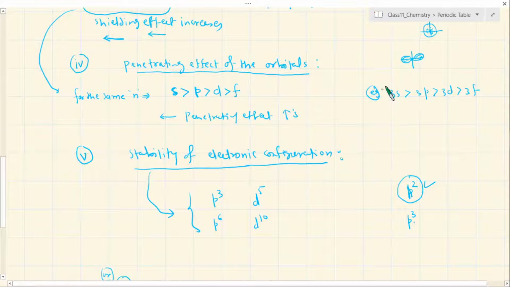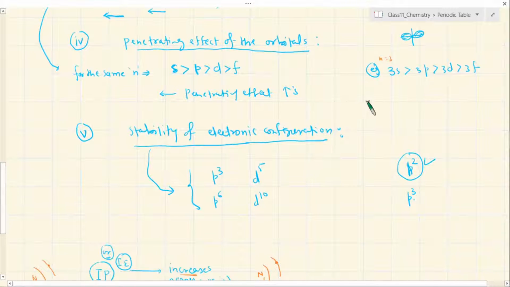And for any given principal quantum number, for example n is equal to 3, if you consider all the orbitals, and if you consider an electron in this orbital versus this versus this versus this, you will find that the electron which is in the s orbital will be more strongly attached to the nucleus. So if you have to remove, see, all these orbitals are in the same shell, so the energy will be more or less similar, but there is a little difference. An electron in the s orbital will be more tightly bound to the nucleus than the electron in p, then the electron in d, and then the electron in f in the same shell. So you have to consider this effect to explain this.